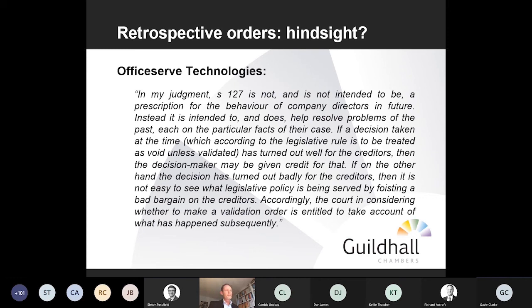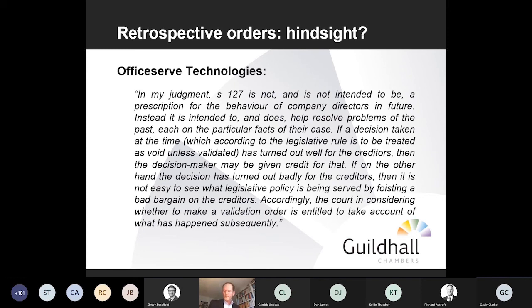And the courts in various of the cases we've mentioned had looked at whether, when assessing those transactions retrospectively, it was appropriate to look at the facts at the time of the transaction or to look at them with the benefit of hindsight. Now, in the Officeserve case, and I note in passing that there are 3 cases on Officeserve relating to different factors surrounding Section 127, this relates to a case about validating the transaction in hindsight.